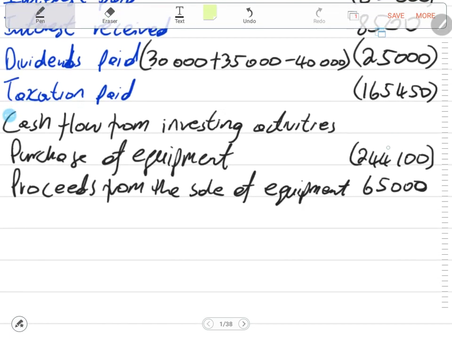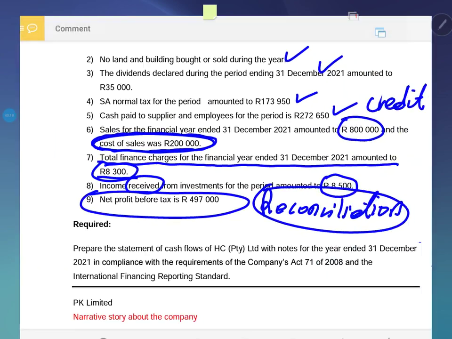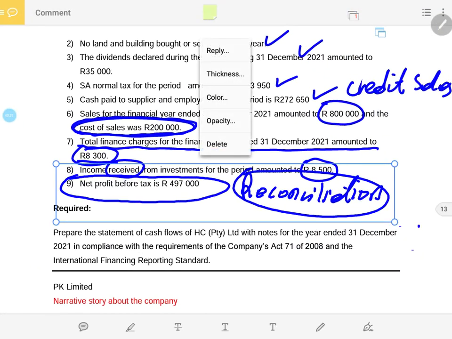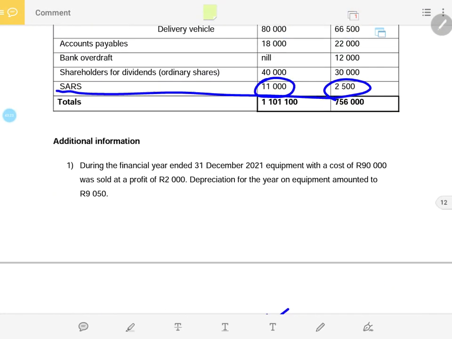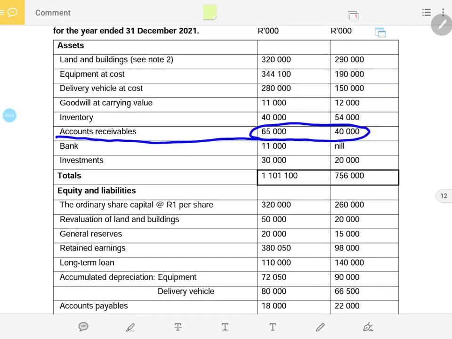Under investment, we dealt with the equipment purchase and the selling price of the equipment that was sold, which is proceeds. Now we need to check if we do not have other items of property, plant and equipment that were bought or sold during the year. Therefore, now let's check our